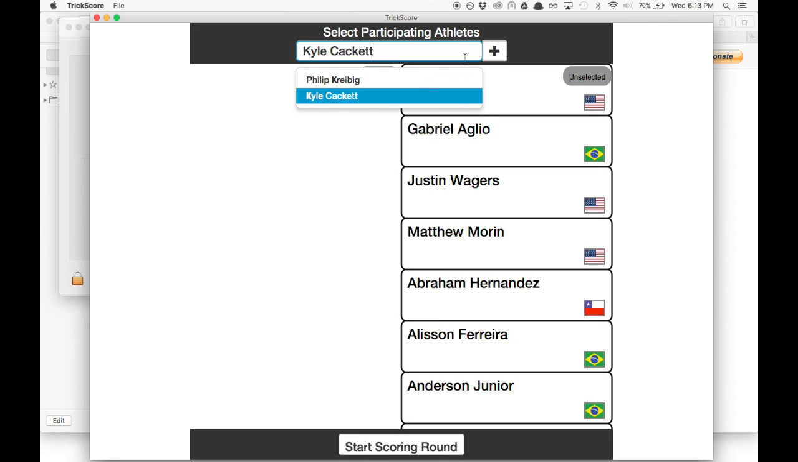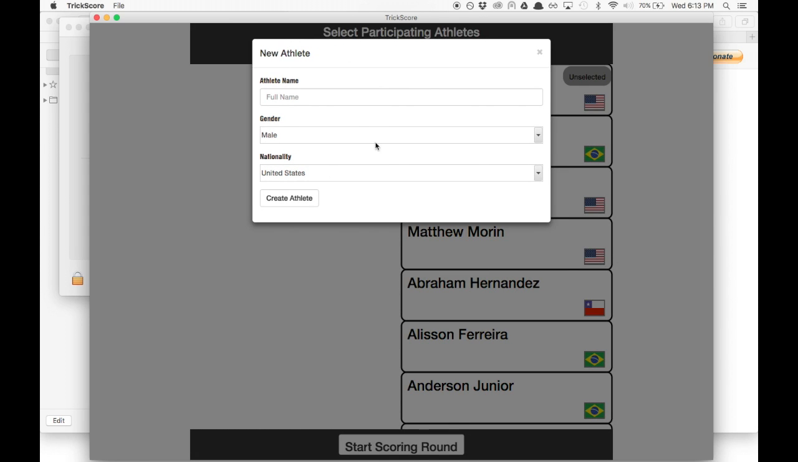If you haven't registered yet, click on the plus button and that will bring you to this screen where you can fill out your name, gender, and your nationality. And after you fill that out, click on Create Athlete at the bottom, and you'll have a new athlete